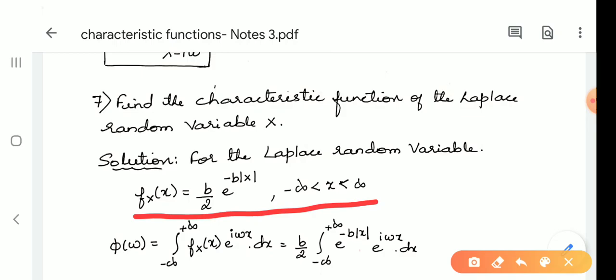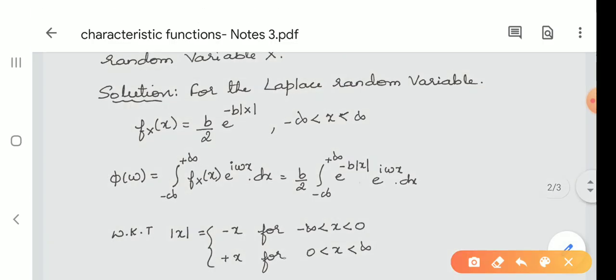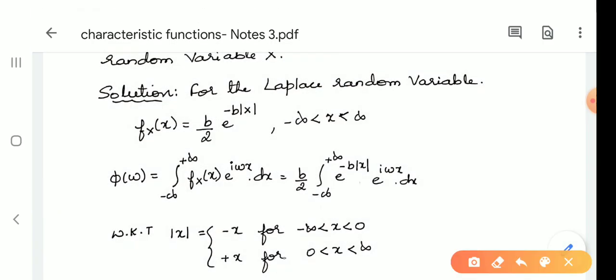Phi of omega, since it is defined in the interval minus infinity to infinity, so we will continue with the problem and write phi of omega is equal to b by 2 into integral minus infinity to plus infinity e to the power minus b into mod x into e power I omega x dx. Since mod is there in the exponential,